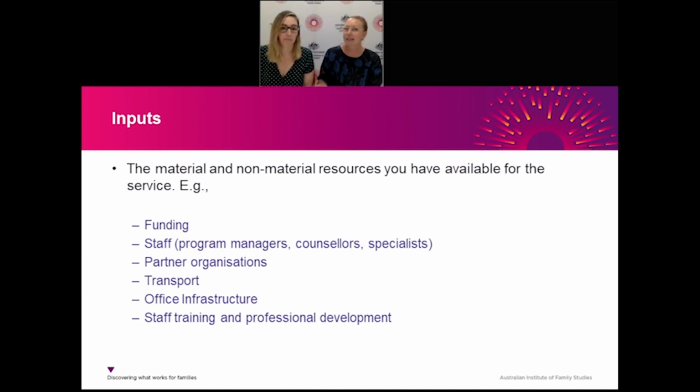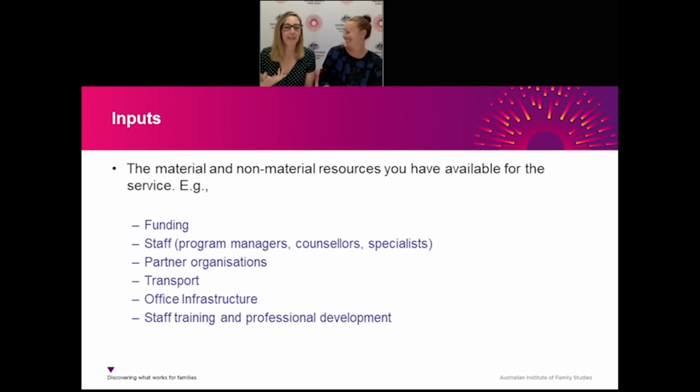Populating the inputs column is also another fairly straightforward task, and this is about identifying the material and non-material resources that you have available for service delivery. Kat, what would you put in here? Okay, so I'm getting all the straightforward ones, so thanks for that.